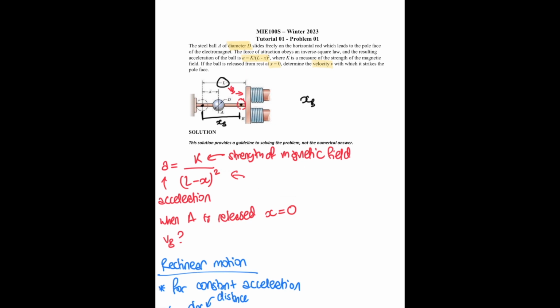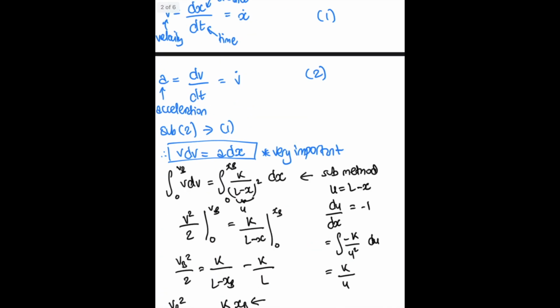Now if you look very closely, this really means that xb is equal to L minus this distance over here. This distance over here is just going to be half the diameter. So it's L minus d over 2. Now we'll be able to plug that into our little equation to get vb squared over 2 is equal to k L minus d over 2